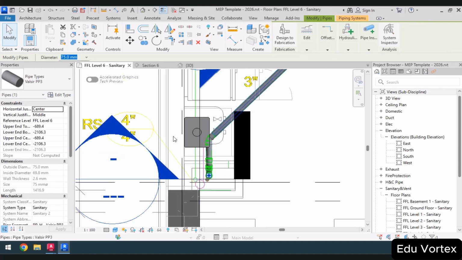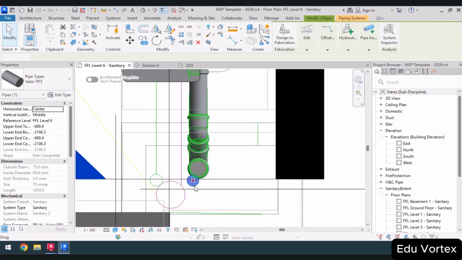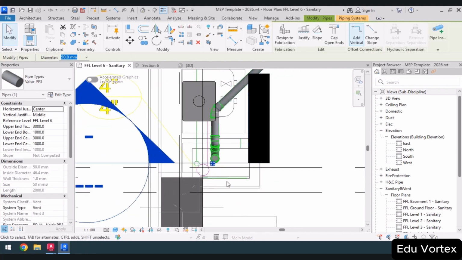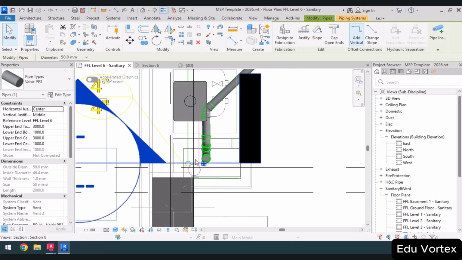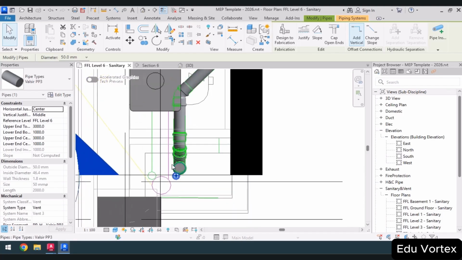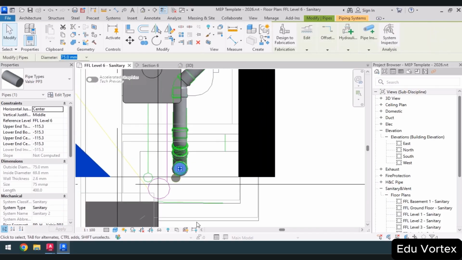Now that it has moved to the right, it does not interfere with anything else from this point onward. We can render our pipe, so this piece of riser is not useful for me because anything I want to draft here interferes with the beam. So if I had placed the vent here,